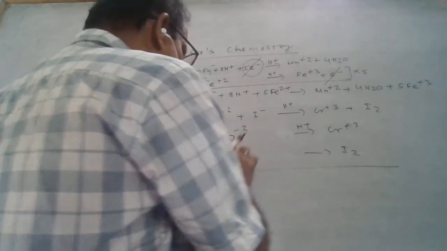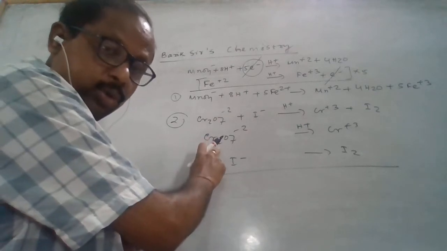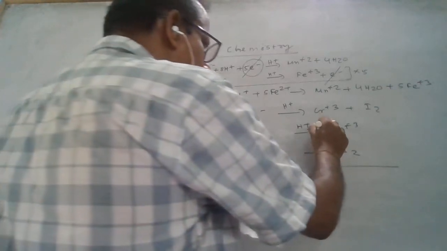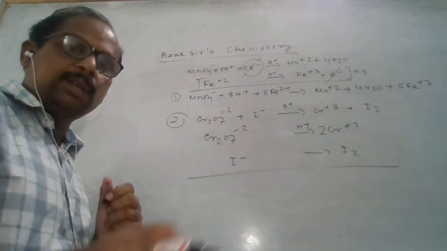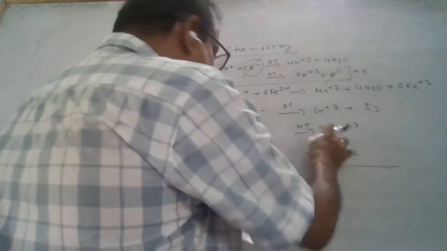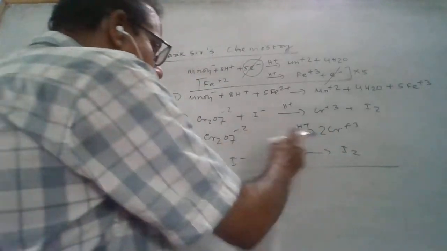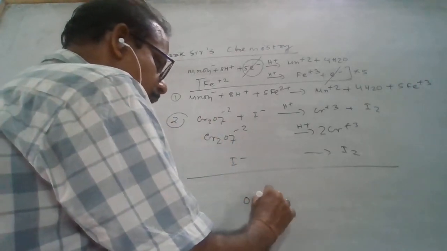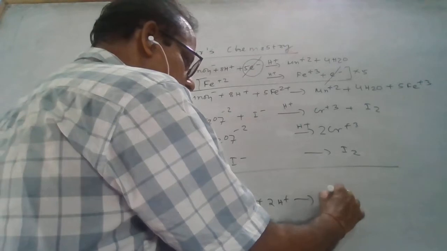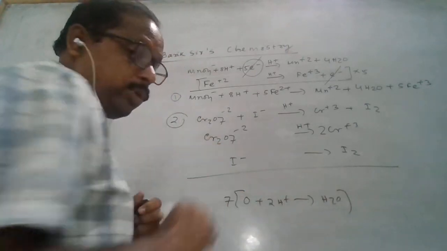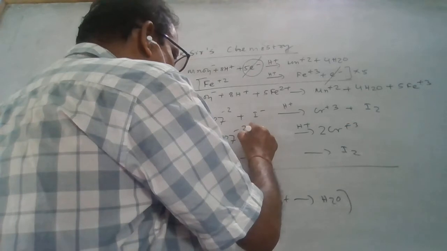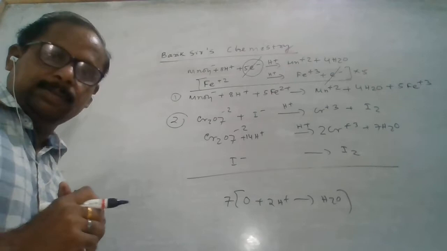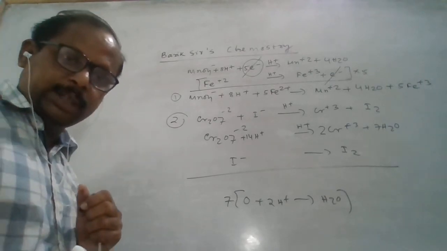Now you see, on this side there are two chromium atoms, but on the other side there is only 1 chromium. So you have to multiply by 2, and then the chromium atoms on both sides are balanced. After that, you go for the oxygen atoms, because the medium is acidic. For one oxygen, we add 2H plus on one side and 1 H2O on the other side. For 7 oxygen, we have to add 14H plus on the same side and 7H2O on the opposite side.